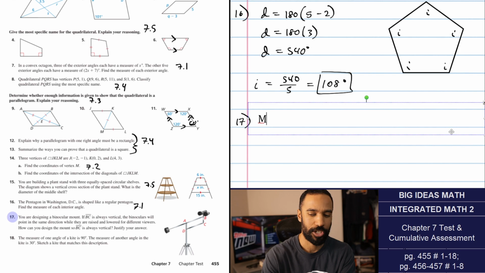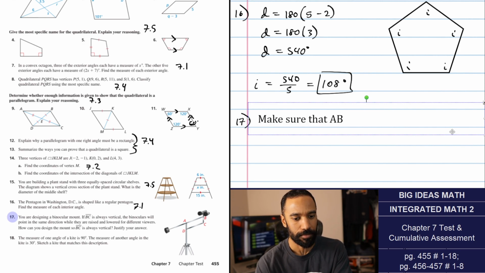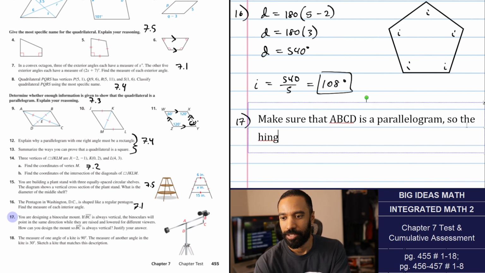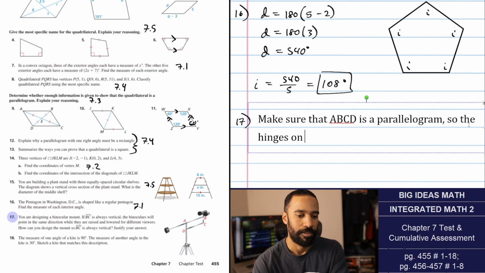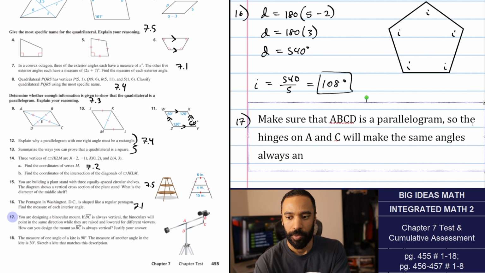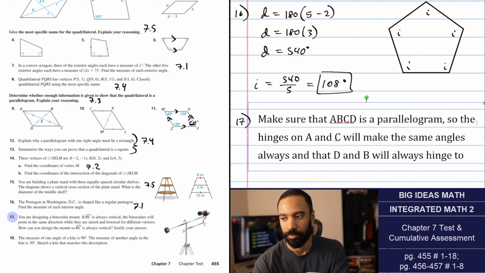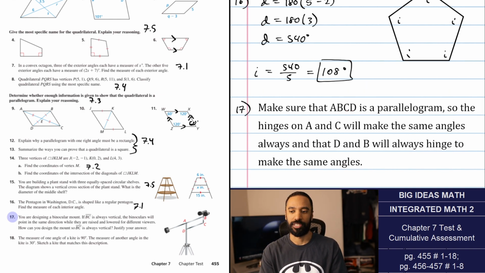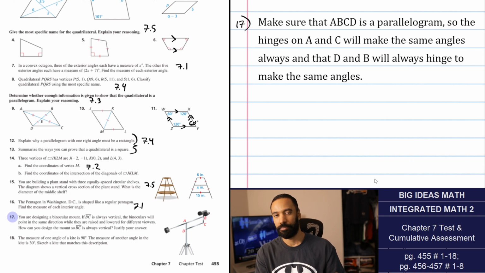Make sure ABCD is a parallelogram, so the hinges on A and C will make the same angles always, and that D and B. I don't know if that makes sense. I don't know if you understand what kind of design this is. I'm not an engineer, but kind of